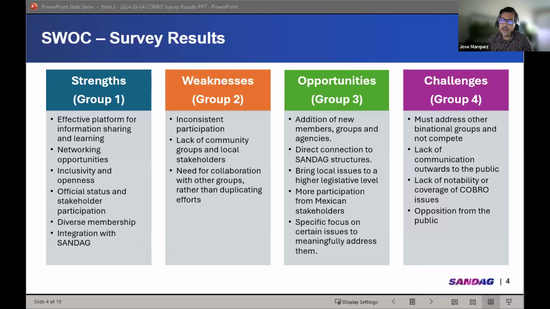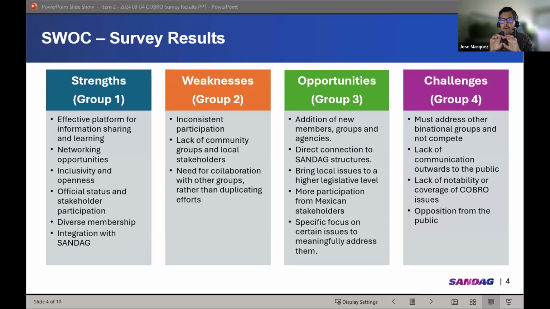Another, I don't know if it's a weakness or a challenge. Sometimes I get confused with these exercises, like what is a weakness, what's a challenge? But one of the things is, even though the topics that SANDAG brings to COBRO are very, very important, and I've learned a lot just hearing these presentations, I hear